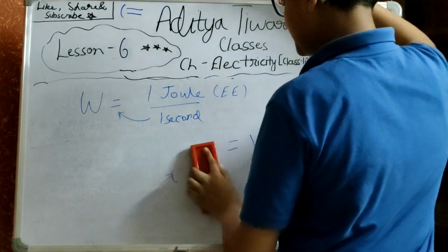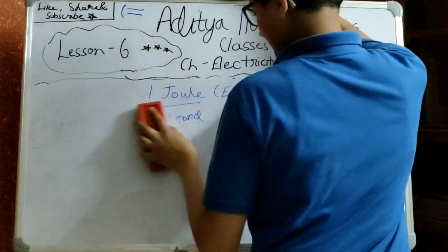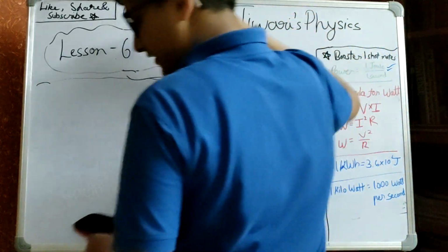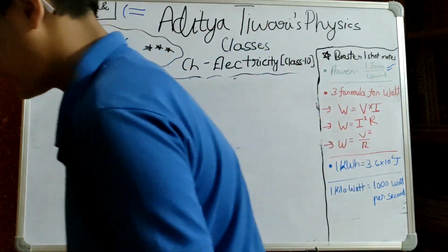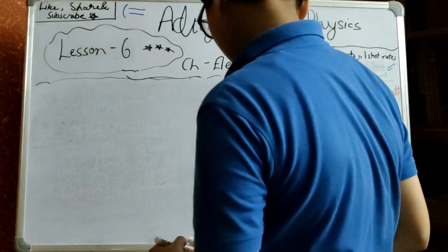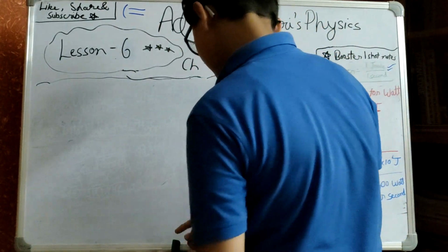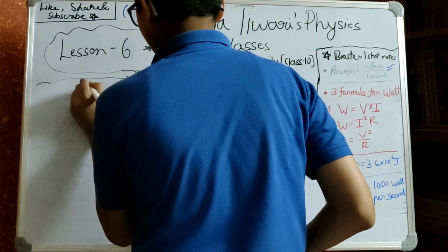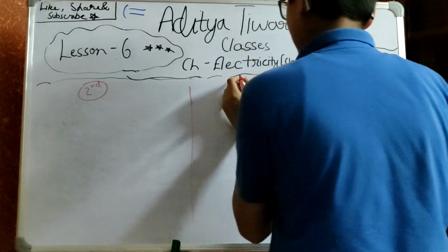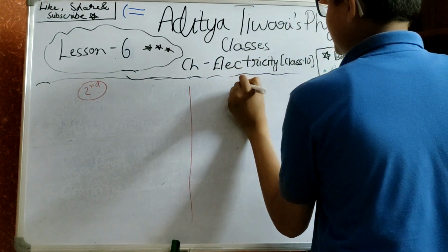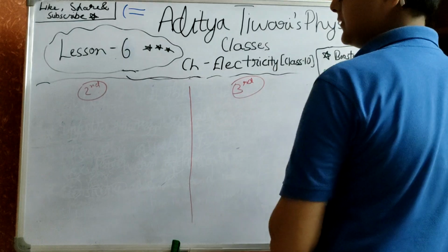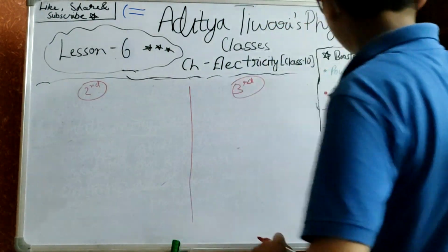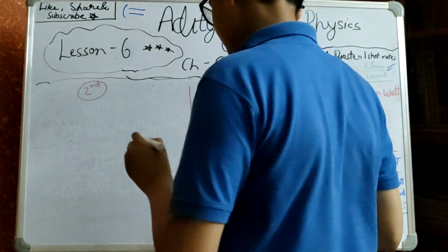Now we want to derive two more formulas, and these are also very important formulas as they help in some questions. So I'm going to use two color pens, one for each. This is the divider line. As I have already derived the first and the main formula, these are the complementary formulas. I have written the formulas here, but I am going to derive them as well.